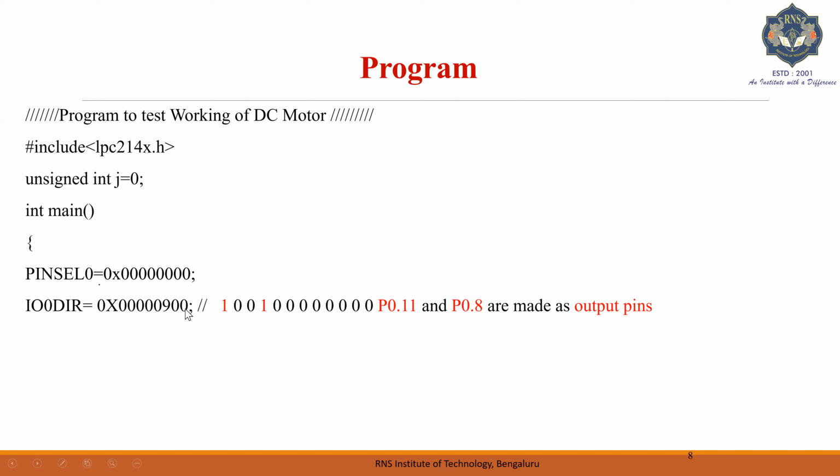So next, this is the direction. Why is it 0? Because I'm programming port 0. Port 0 and port 1, there are two lines, and now I'm programming for port 0. And why do I have to give DIR? To select as an output. We all know that the DC motor is an output unit, and hence to program it, I